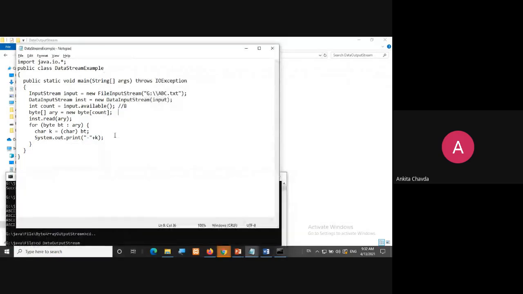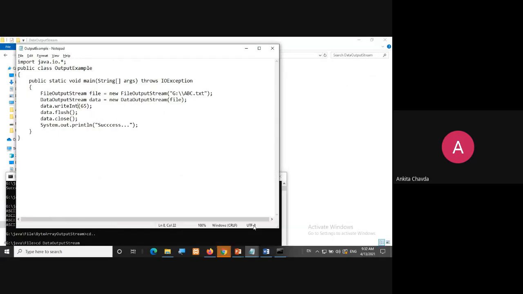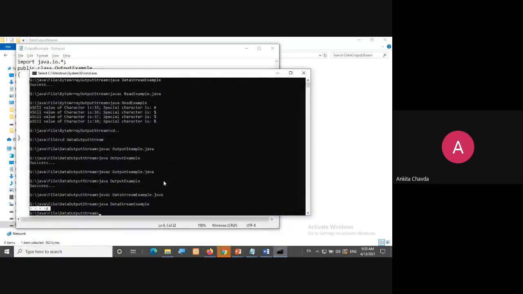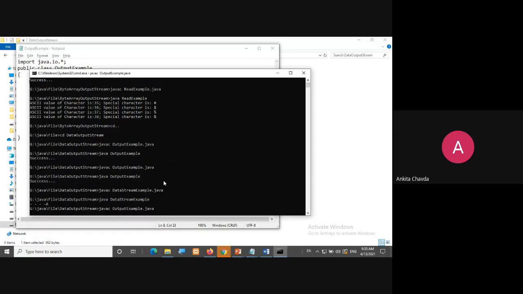In the same way, if I simply change my abc.txt, and for that I'll write here writeLong. Okay, I have written that data as long. So I'll first compile and run my output example again.